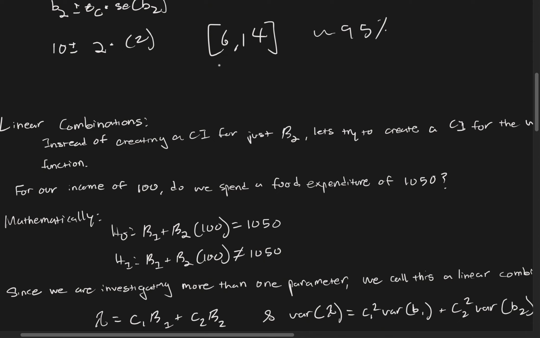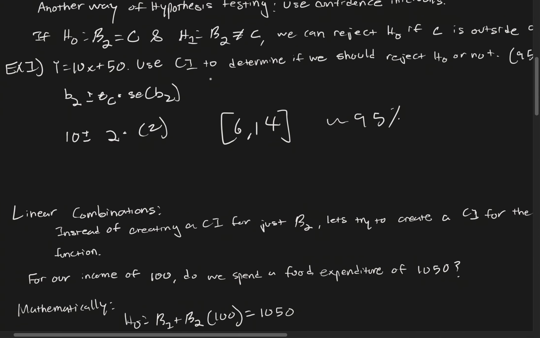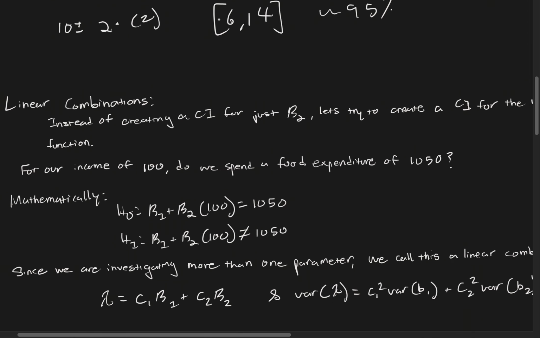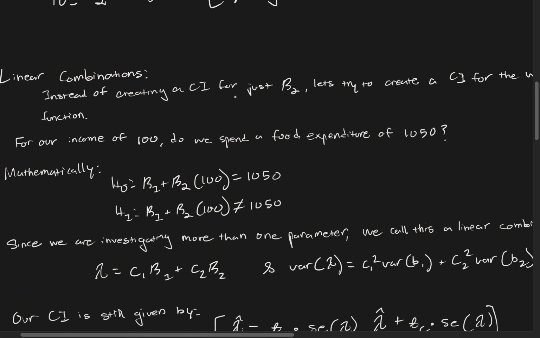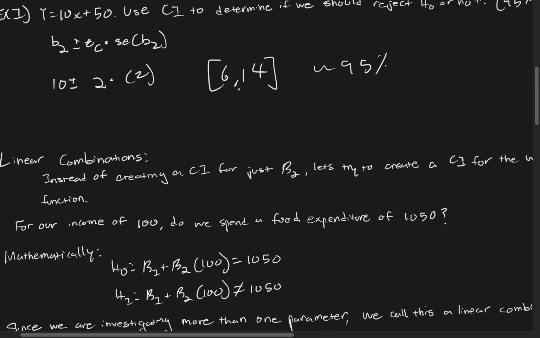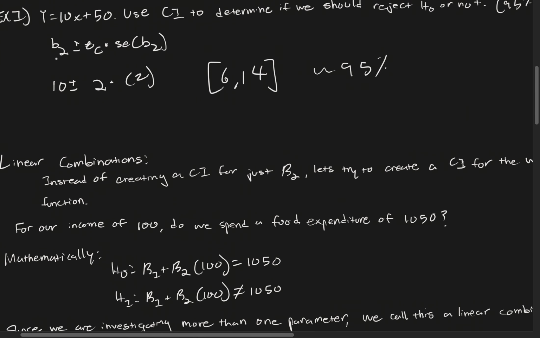All right, hopefully that made sense. I didn't do a good job of making sense of that, but try to kind of repeat what I was stating. All right, so for linear combinations, let's say instead of creating a confidence interval for just beta 2,